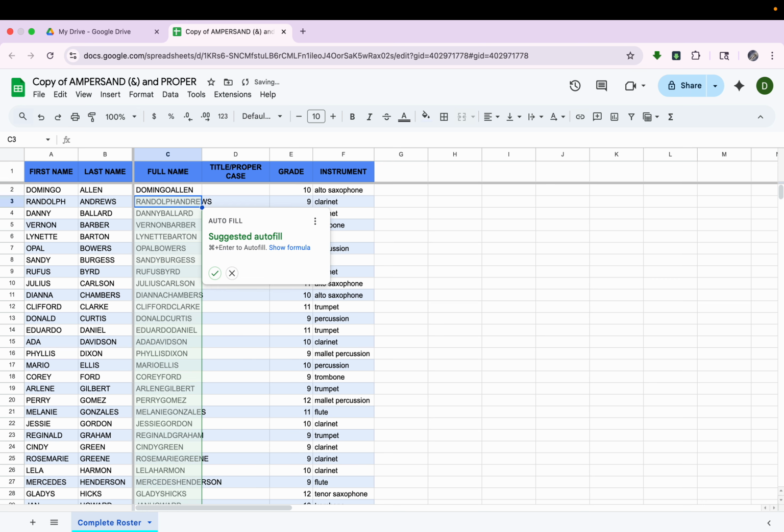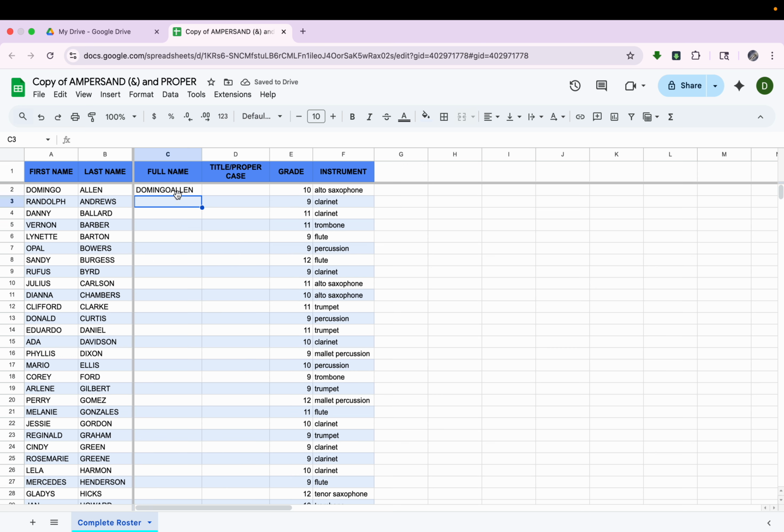I'm going to press return. It's going to suggest an autofill. For now, let's just reject it. And you'll see that the first and last name are combined together. So now what's missing? The